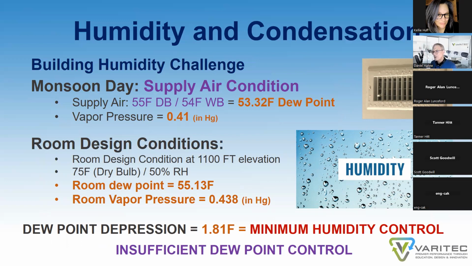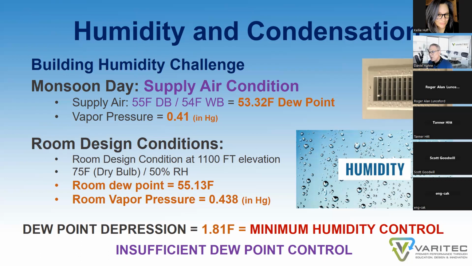Vapor pressure at this condition is 0.41 inches of mercury. Let's look at the design condition of a room. If we designed it to 75 degrees and 50% RH and we're experiencing a monsoon condition as described earlier, the room dew point is 55.13 and a vapor pressure of 0.438. If you're trying to control building humidity on a monsoon day, providing 55, 54 degree air off a cooling coil,